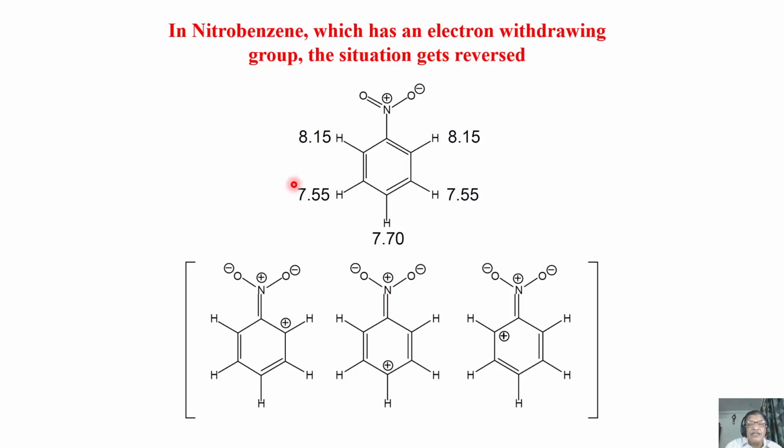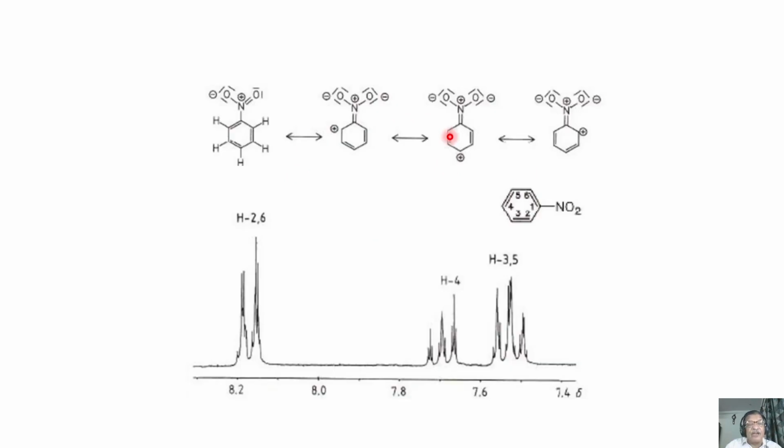As a consequence, these 2 protons move downfield, and this moves downfield, and these 2 move relatively to high field compared to this. Again, there is symmetry for this molecule. These 2 are equivalent, these 2 are equivalent, and this is different. So there are 3 different types of protons. As far as where the electron charge resides in this molecule, it is the opposite of aniline. So the peak pattern will be different here. Look at this one. Meta comes here, ortho and para come here, unlike in the other case.